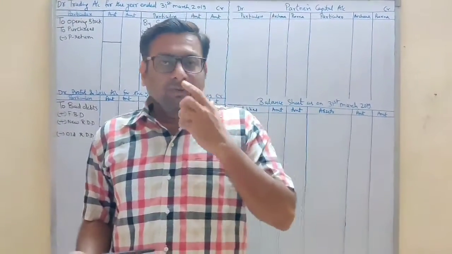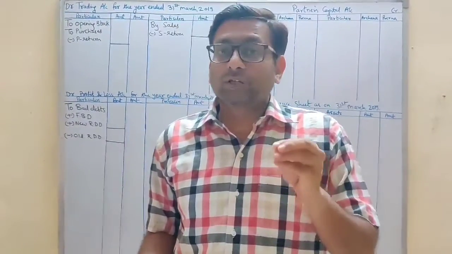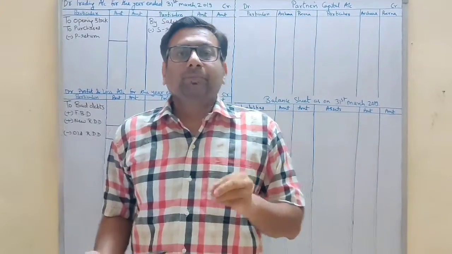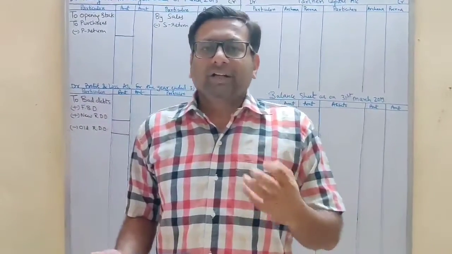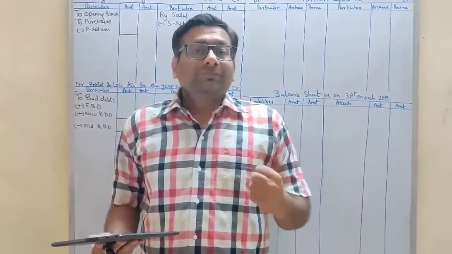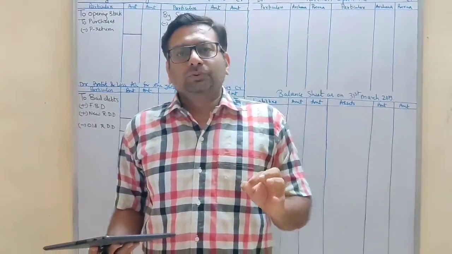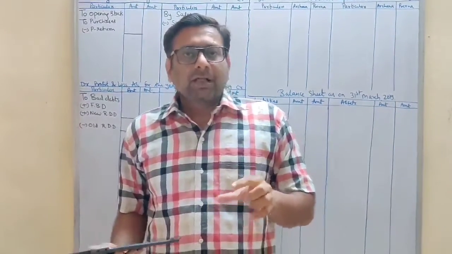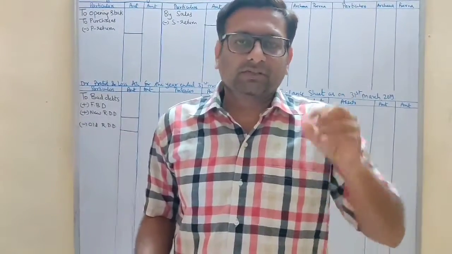Now, before starting with the sum, there are certain things which I would like to tell you and you have to keep in your head. It's very important. Number 1, whenever you start solving final account sum, you have to follow 3 steps. Step number 1. You have to read the adjustment, and after reading the adjustment you have to put tick in the trial balance, whichever item.